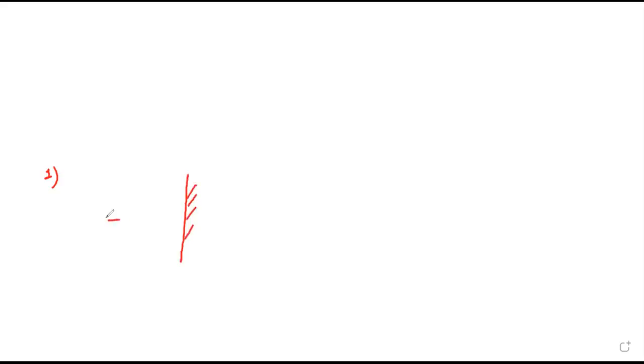So if this is the mirror and this is the source of light, incident normally, fixed at distance x from the source. The beam is reflected back on a spot on a scale just above the source L, just above this reflector. When the mirror is rotated through a small angle theta, the spot of light is found to move through distance y on the scale, then angle theta is equal to how much?